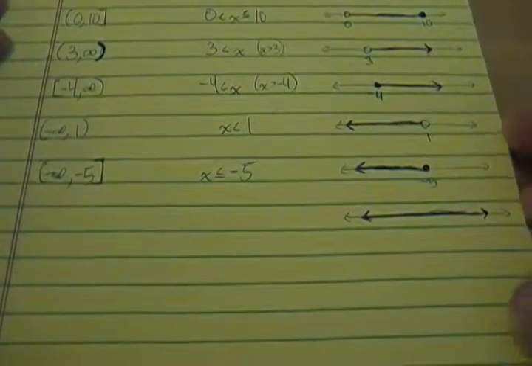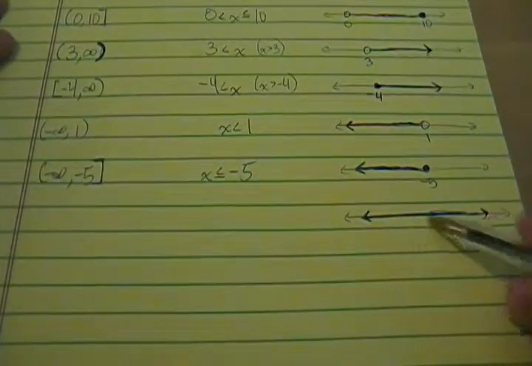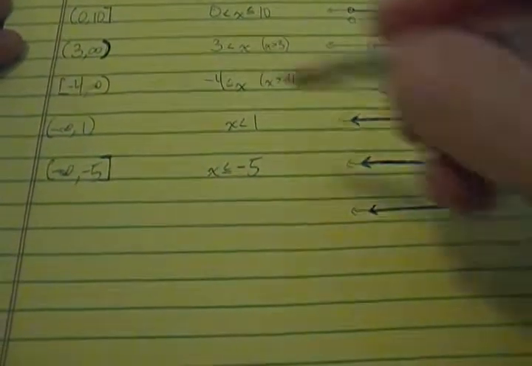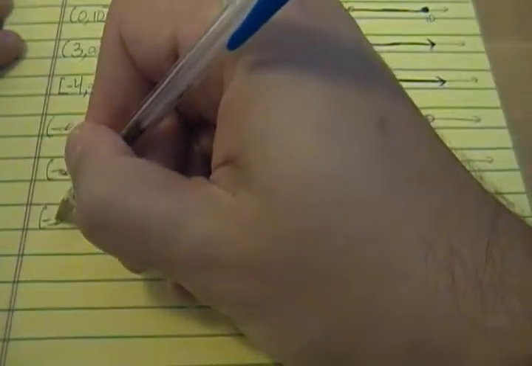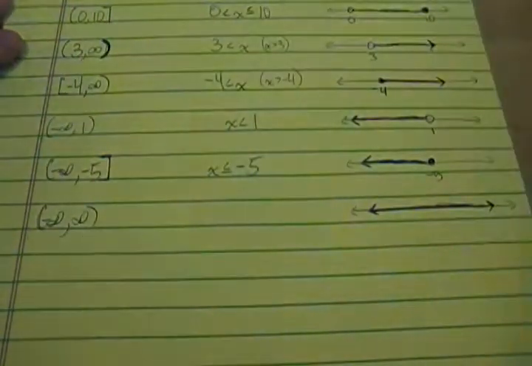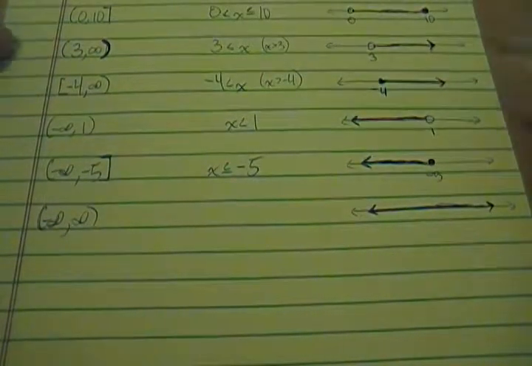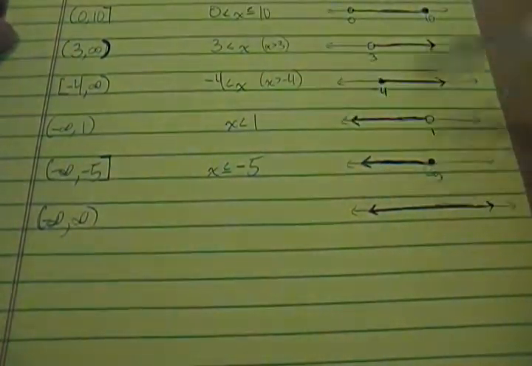All right, and then the last one we have here, we've got the number line basically going in both directions forever. Which means our interval is going from the left, -infinity, all the way to the right, +infinity. And remember, the infinities always get the curved parentheses, so they both get curved parentheses. And what this represents is really no inequality here. This represents all real numbers,